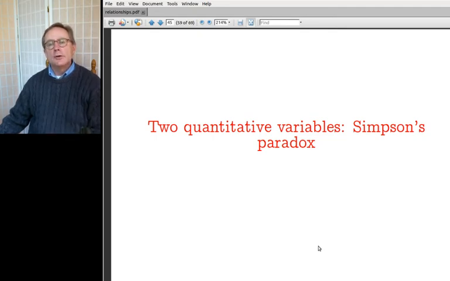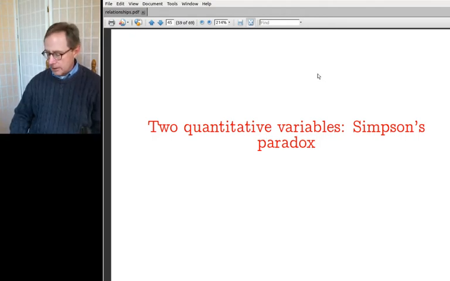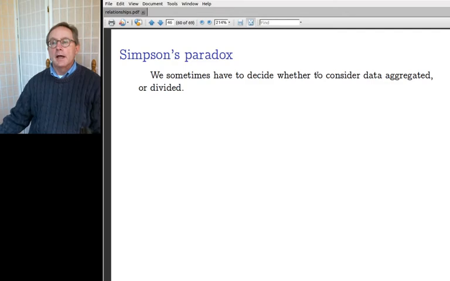Okay, so today we're going to do one of my favorite topics in the whole course. It's just a short little bit, but on the other hand, it's something that is both surprising and easily demonstrated. So that's nice. Okay, so it's called, as you can see, Simpson's paradox, and the basic idea is that we sometimes have to